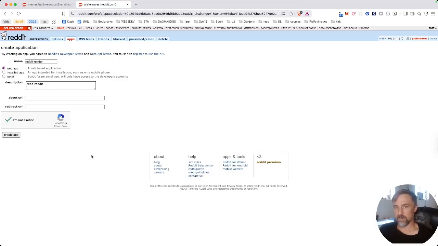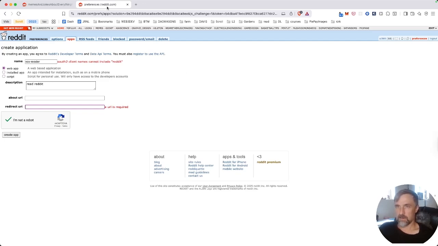I don't want to give it all this information. I'm not a robot. OAuth 2 client names cannot include Reddit. Okay, so we'll call it VCV Reader, Vibe Code Ventures Reader. I'm still not a robot. I have to give it something to redirect to. This is like, let's obviously not receive a lot of love. Like, look, there's no margin on the left, and this is just like, yeah, you can do this if you want. Redirect URL. How about